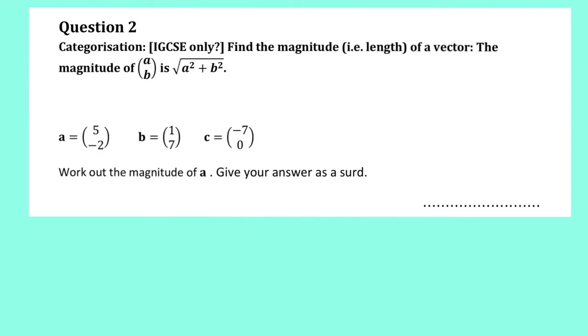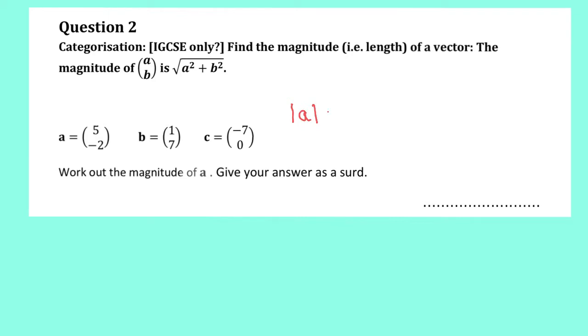In this question, we are asked to find the magnitude of a vector. The magnitude of a vector (a, b) is given by the square root of a squared plus b squared. In this question, we want to find the magnitude of A. Well, A is given as (5, -2). So the magnitude of A, written as